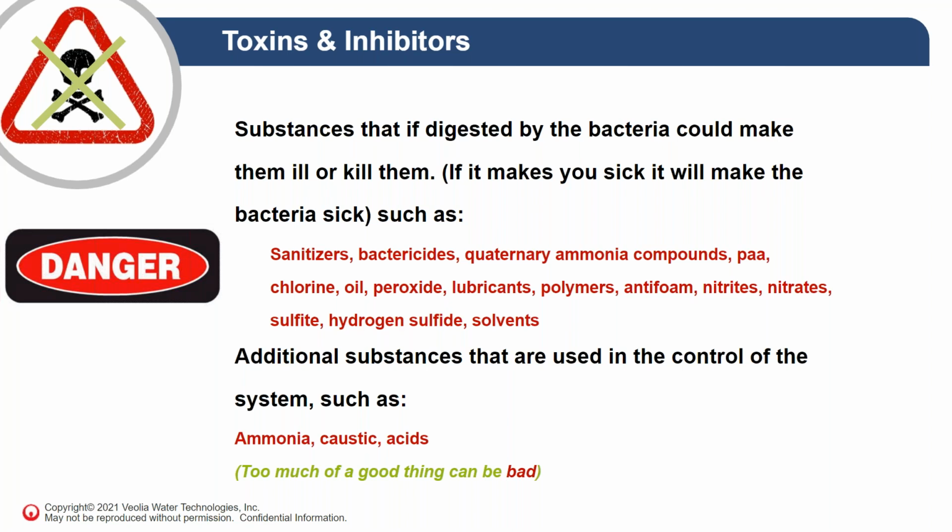The PAA is also bad, but not as bad as the quaternary ammonia compounds. PAA is easier to neutralize than the quaternary ammonia compounds. But notice a lot of the things on these lists, they're oxidizing agents. So we can put in monitors for ORP, oxidation reduction potential, which can alert us to the fact that some of these compounds